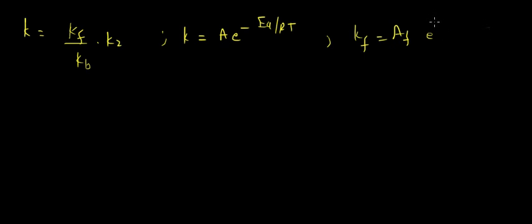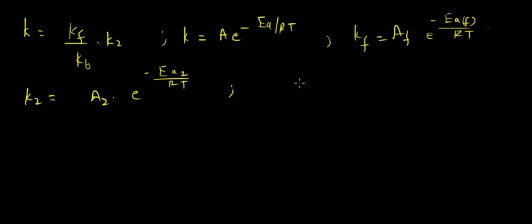This would be minus EaF divided by RT. K2 would be equals to A2 times e to the power minus Ea2 upon RT, and Kb would be equals to Ab e to the power minus EaB upon RT,